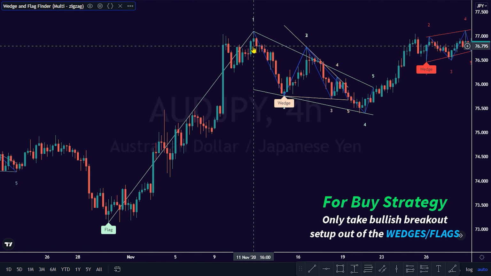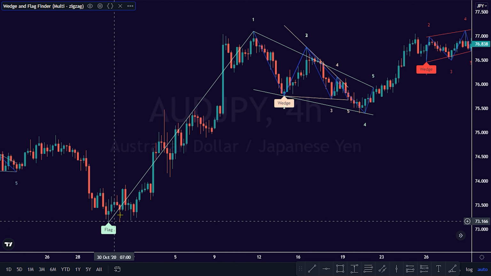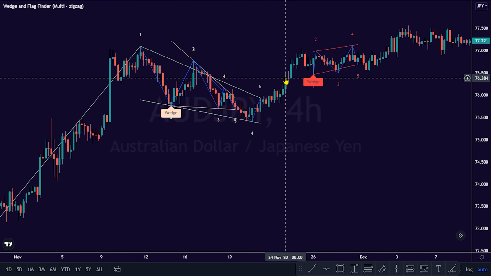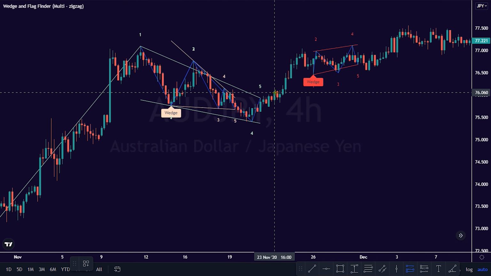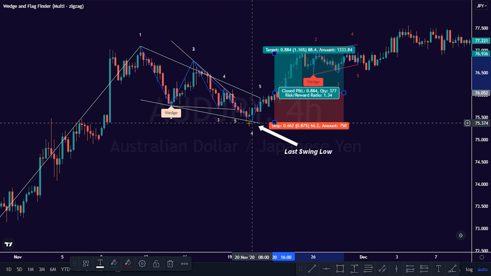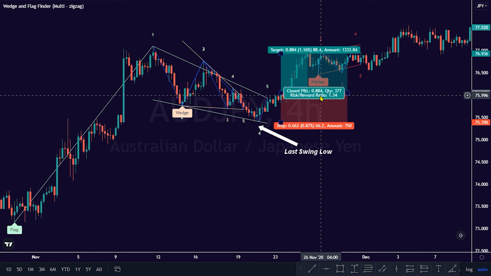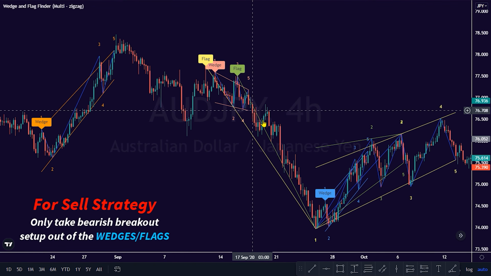As we can see on this bullish price chart, the formation of bullish flags and descending wedges in this bullish trend leads to the continuation of the bullish rally. You can place your stop loss below the last swing low marked by the zigzag line before the bullish breakout of the pattern. To sell with this trading indicator as a beginner, apply this indicator for the continuation of a